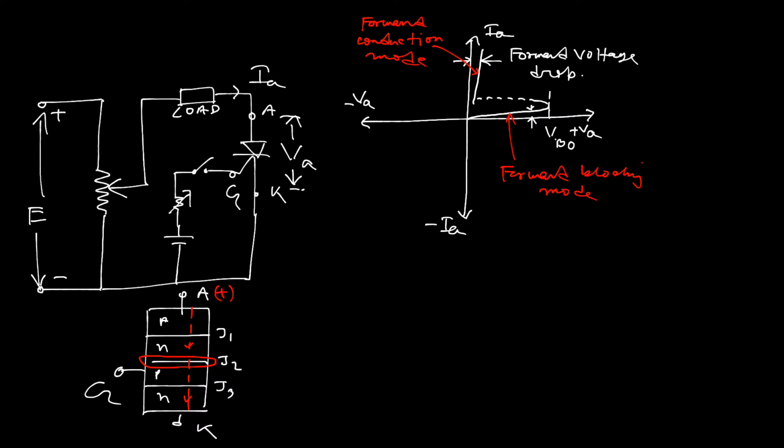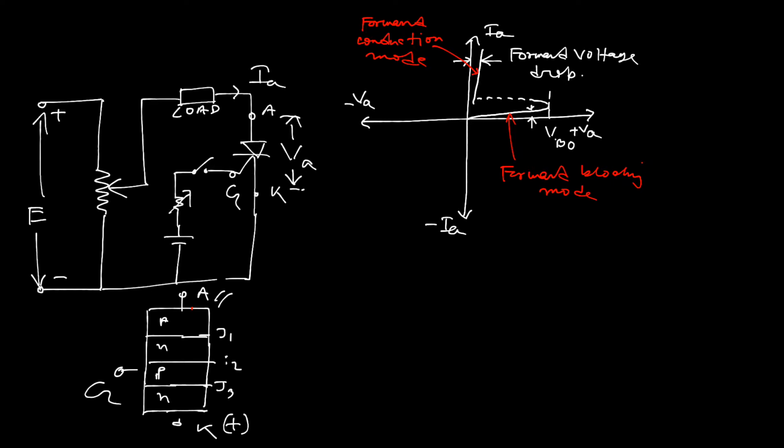So go through the basic construction first, this circuit diagram. In case of reverse biasing mode, what happened? So let me erase this part. That means it will be junction J1 and that is junction J2, that is the P layer. So what happened? In reverse biasing condition, we can say the cathode is more positive with respect to the anode.